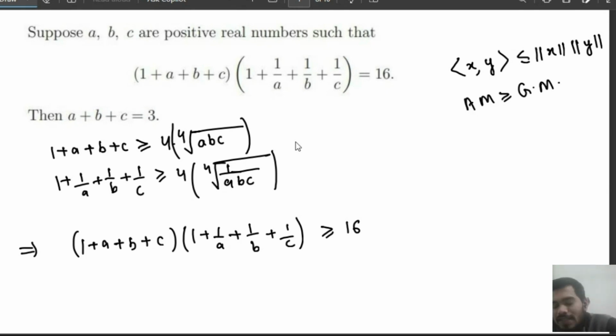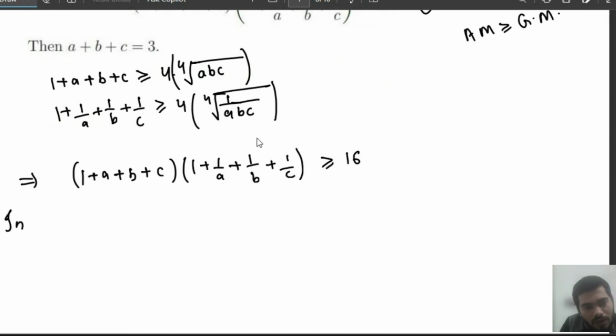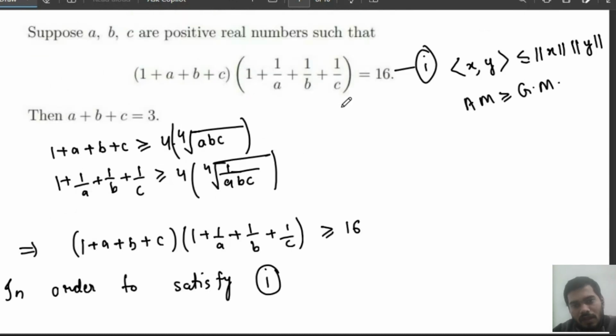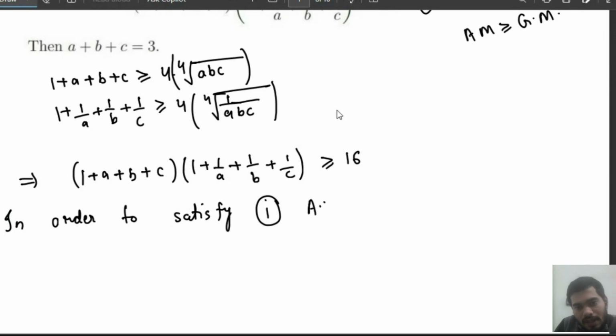So what is happening in this case is that this inequality that is coming due to AM-GM inequality is actually an equality, as mentioned in the question, right? So to have this 16, we need to have the equality. Let me call it 1. In order to satisfy equation 1, which is given in the question, AM has to be equal to GM,